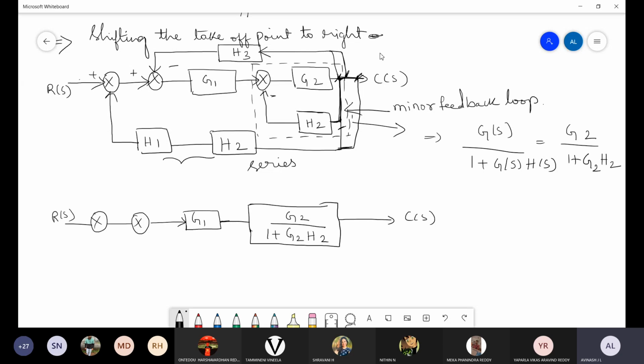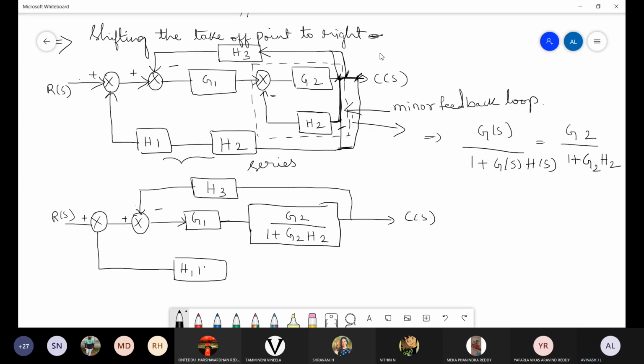C of S. Here in the top there is a block, and that particular block we can also write. There it is H3 with minus, and these going in the forward direction are in plus direction. So we reduce this particular feedback loop, and this block also we reduce. This is H1 into H2. I'll write it separately. This is the reduced version of the block diagram from the above. Clear?